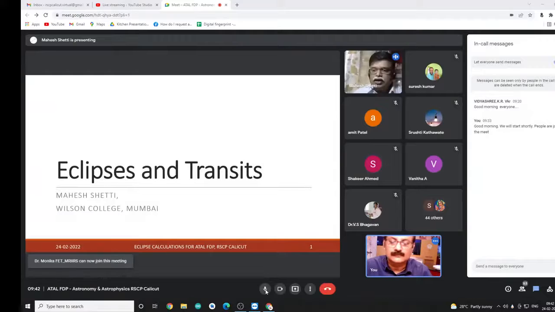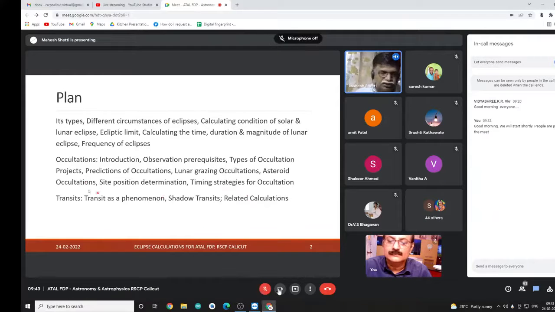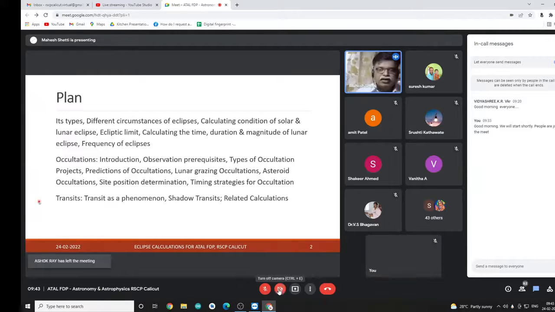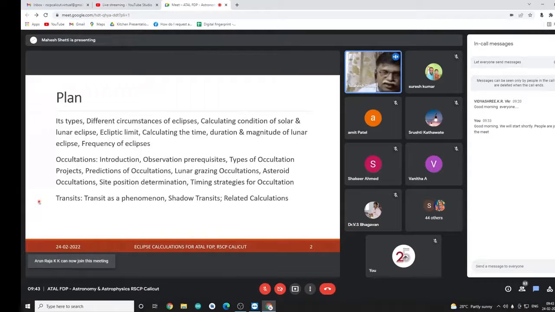So what we shall do is, this is the general plan which is given to you, and I'll be talking about it. Though I may not talk more on occultations, I will later share the work done by one of my friends, Mr. Shishir Deshmukh, who is actively involved in the project of studying various kinds of occultations. So I will share that material later, but we'll talk about the eclipse calculations,